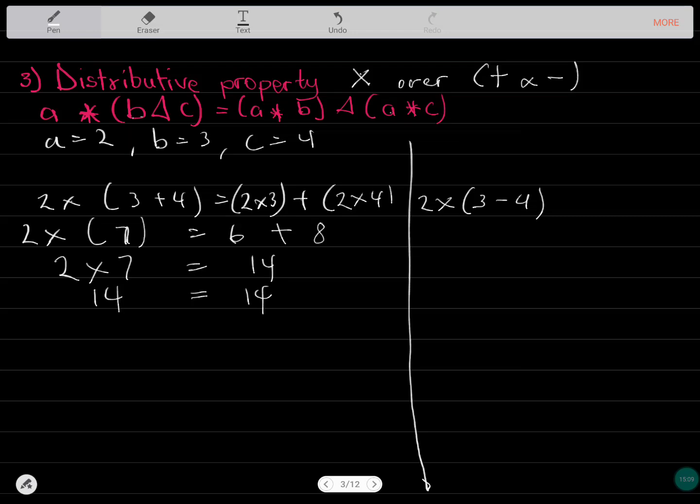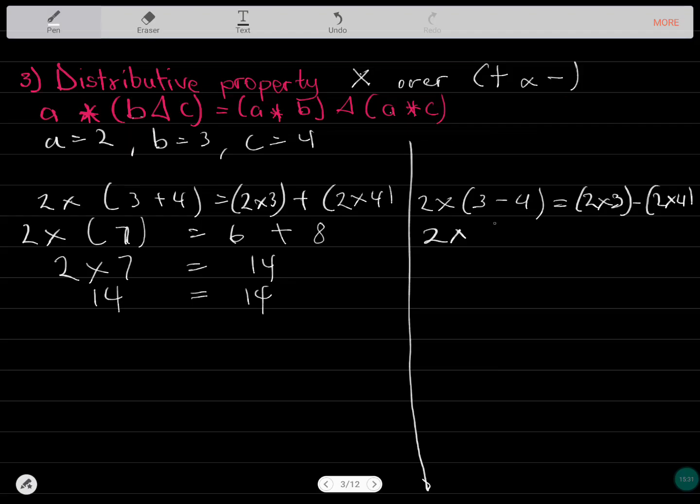Let's try the other case. We are going to distribute 2 over 3 minus 4. So that will give us 2 times 3 minus 2 times 4. We are done with our distribution. So going on, we are going to have